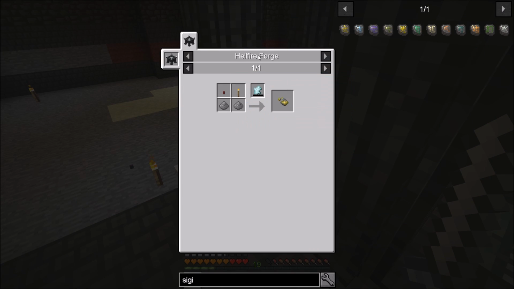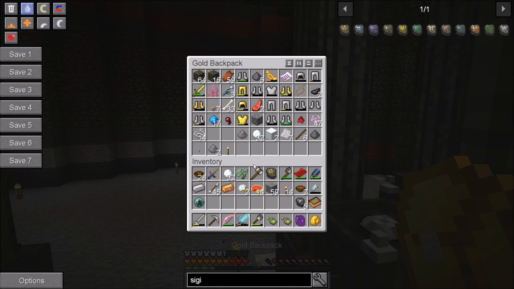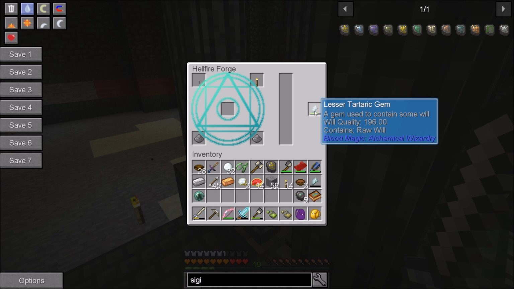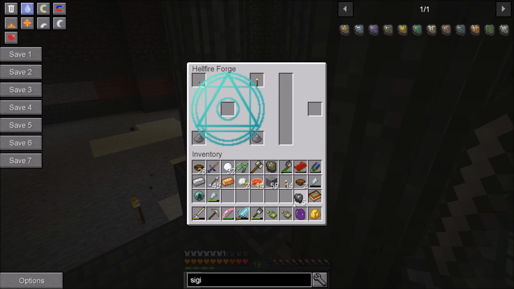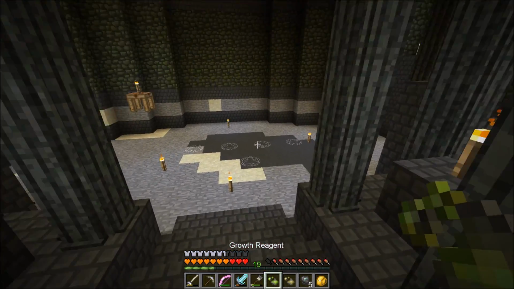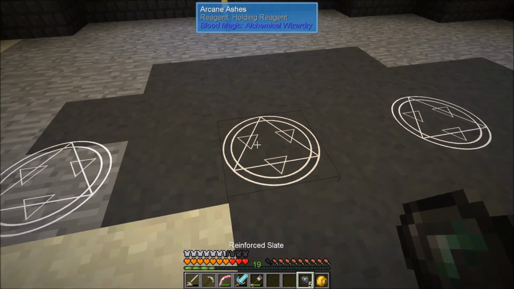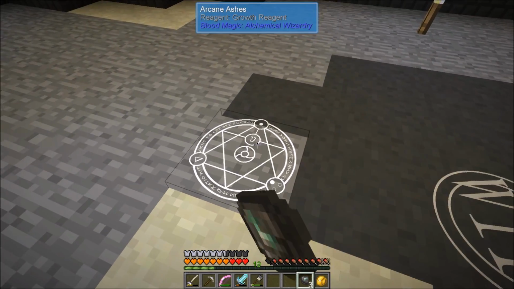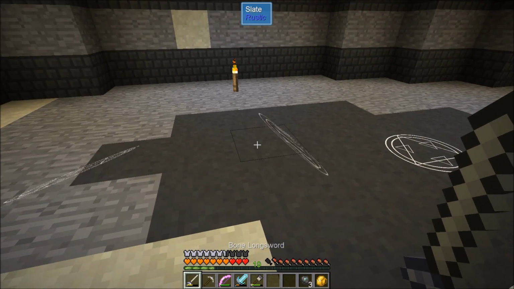Sigil of the Blood Lamp. I would like to have this, which is a candle, a torch, and 2 ash, which I have that. Oh, but I don't have enough will in this. It's a minimum of 200. Okay, so I'm going to have to go farm up just a little bit more will. We'll go ahead and get these 2 running real quick. So, growth reagent in this one, holding reagent in that one, and then we'll right-click it and get those running. You can see this one actually has the full circle. This one has work in progress, but...